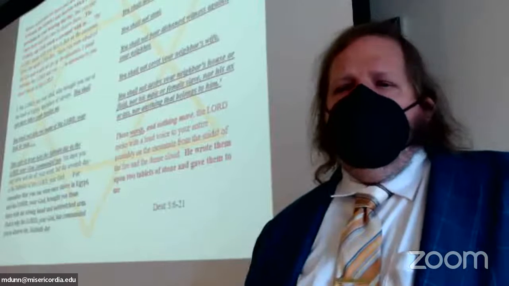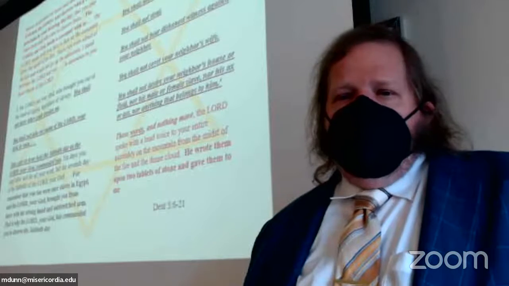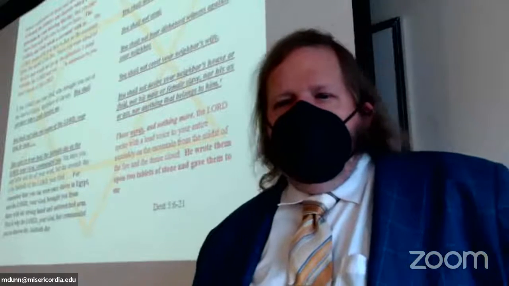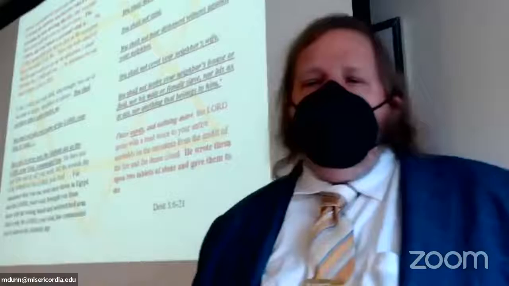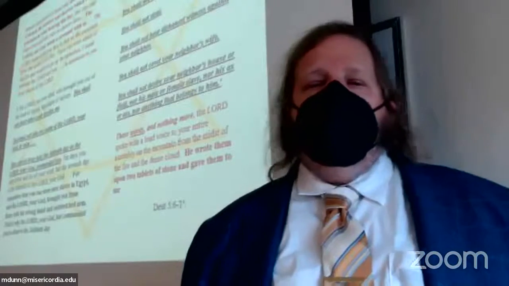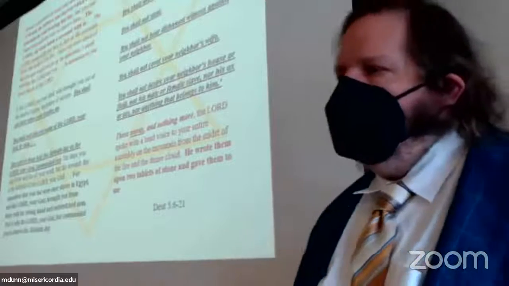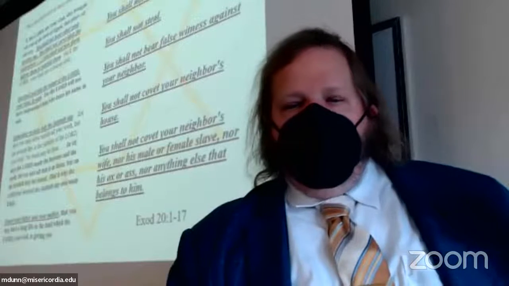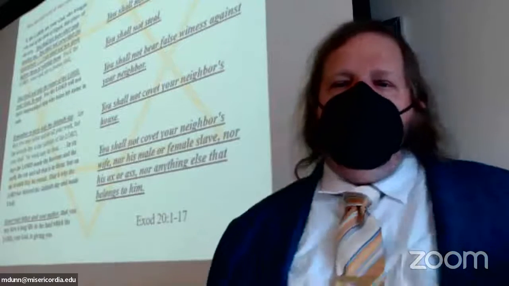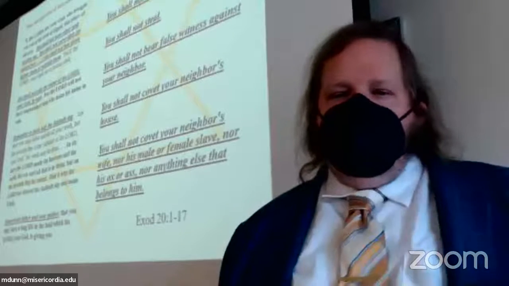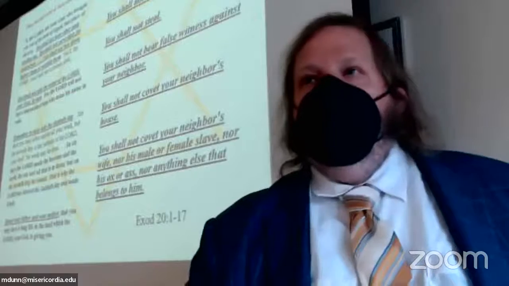Do not covet your neighbor's wife, and do not desire your neighbor's house, or his field, or his male or female slave, or his ox or ass, or covet or desire anything that belongs to him. Okay, so these last commandments can be divided differently, as I told you. If you go to Exodus, you see that don't covet your neighbor's house comes first. And then wife, slave, ass, those are all put together.